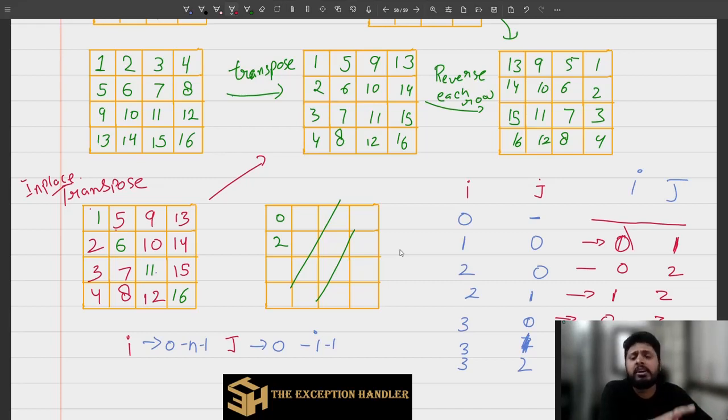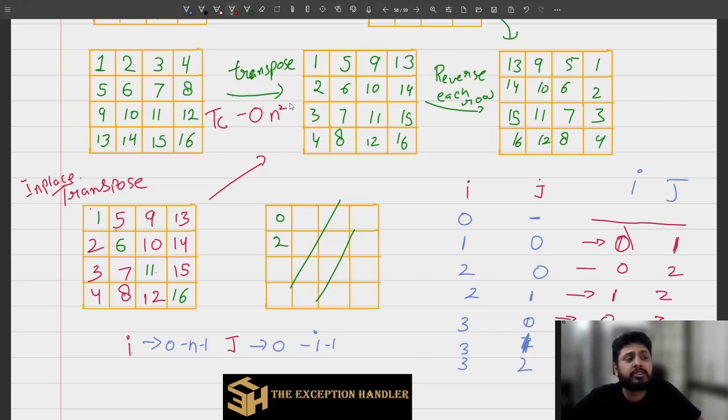Over here the time complexity is still n square, but your actual iterations are n square by 2. But dividing by 2 is of no use because we don't consider the constant values. So that is why it remains n square, but your actual iterations become half. So time complexity of transpose becomes